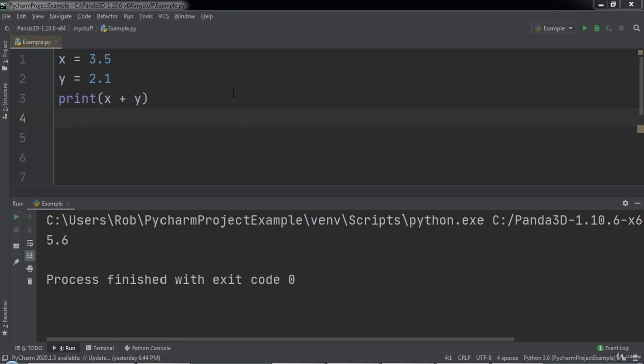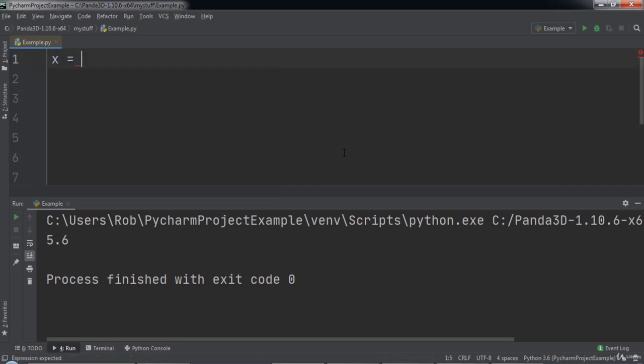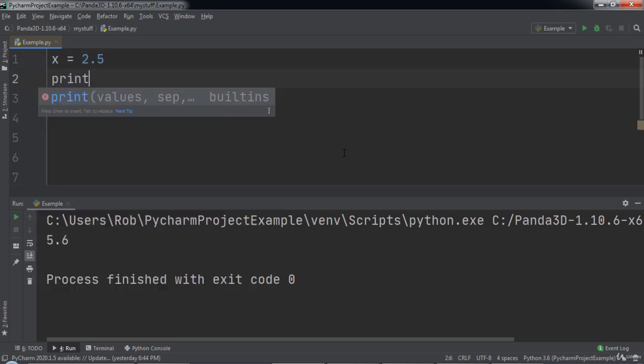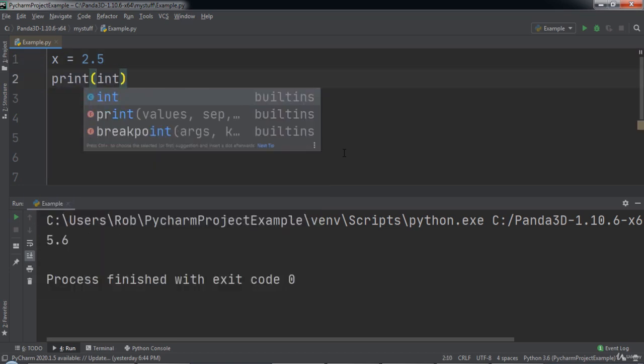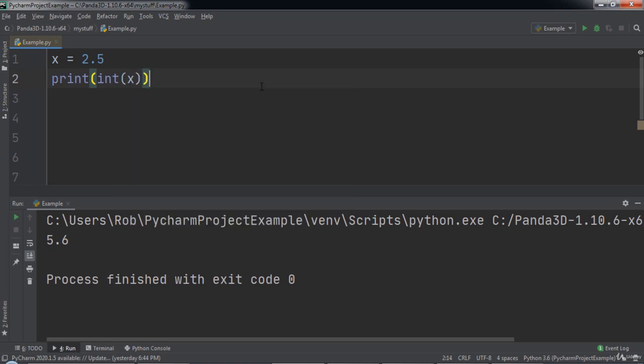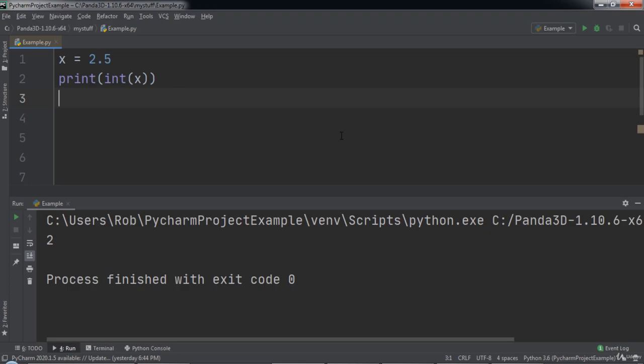Here is an example. First, we will create a variable named x and set it equal to 2.5. Then we will use Python's print function and pass in x cast to an integer using int with open and closing parentheses. When we run the code, you will notice that 2 is output to the